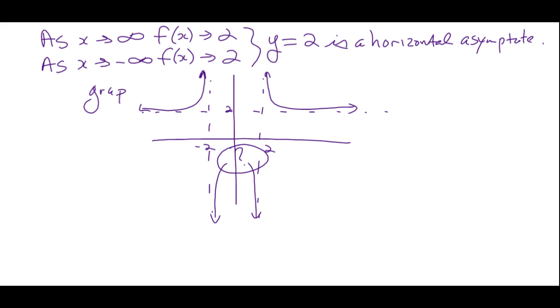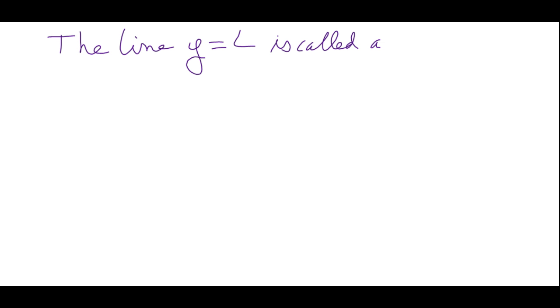Okay, so there's our horizontal asymptote at 2 and our 2 vertical asymptotes and the behavior around those asymptotes, right? Okay, so let's define this then a little more formally, right? The line y equals L is called a horizontal asymptote of the curve y equals f of x